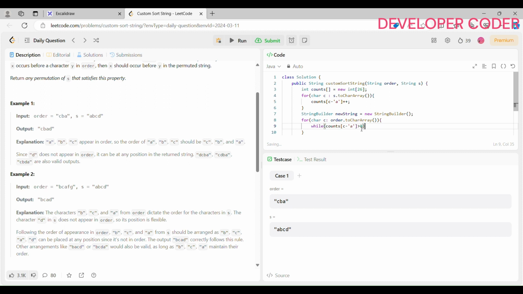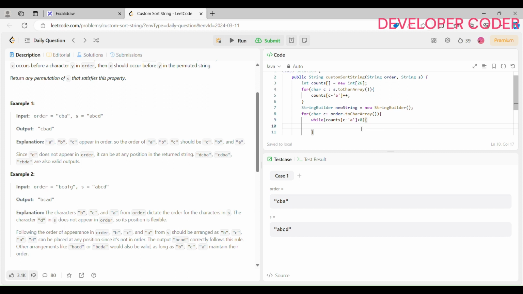in that case I have to add this character in my new string, right? This is what I am doing, right? New string dot append